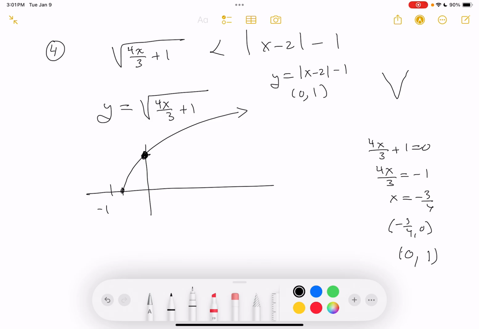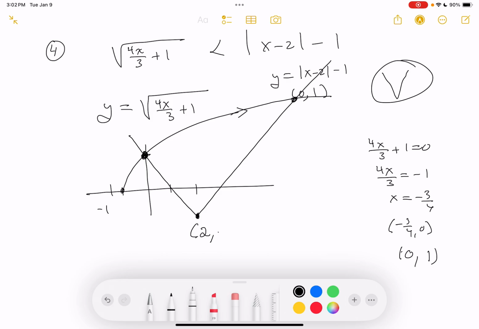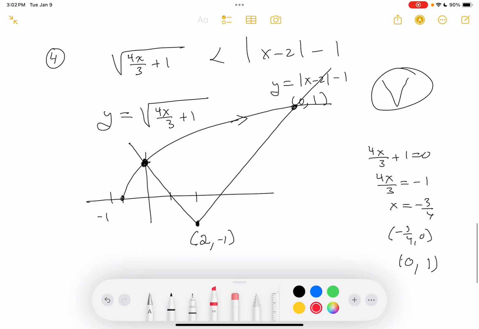Now, the other thing I could do is talk about the general shape of this thing over here. It's an absolute value function. It looks like this over here. It's been shifted 2 units to the right, but also is going down 1. Standard translation, by the way. So I'm going to say it looks sort of like this over here. Again, there's a point of intersection over here somewhere. And what's this point over here going to be? It's the absolute value function. It's going to be at 2, and then to get minus 1 over here. All right? And then I do have one point of intersection, but before I do that, I want to point out,